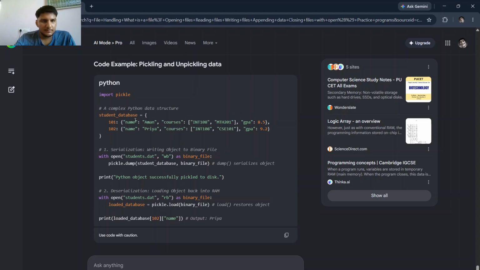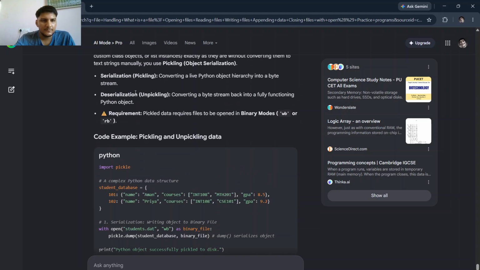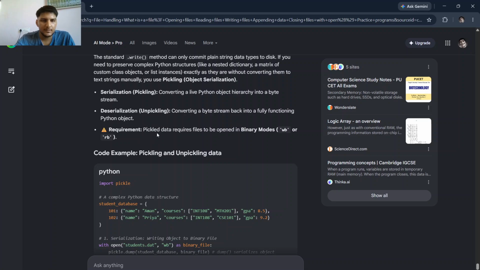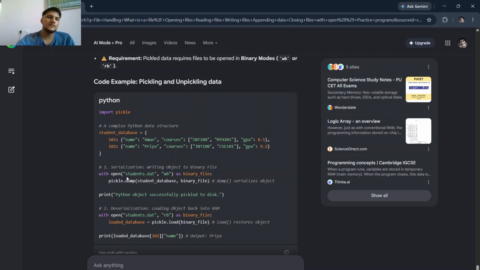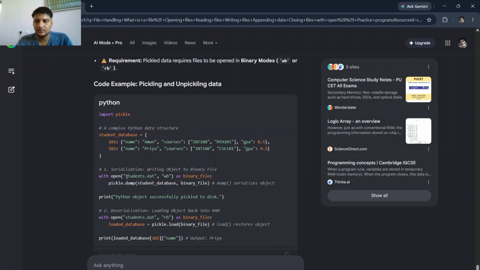This is a big example of the code. First, the requirement: pickle data requires the file to be opened in binary mode, WB or RB. So the code example of pickling and unpickling data is